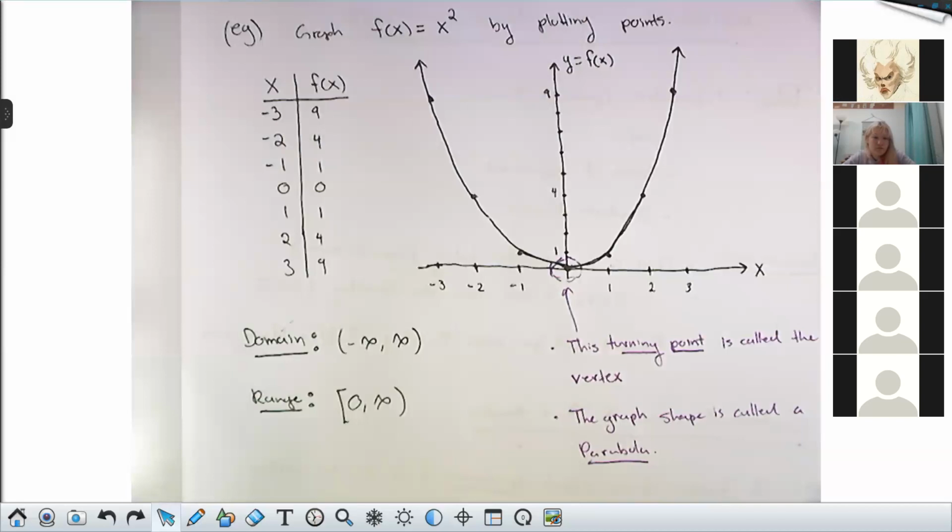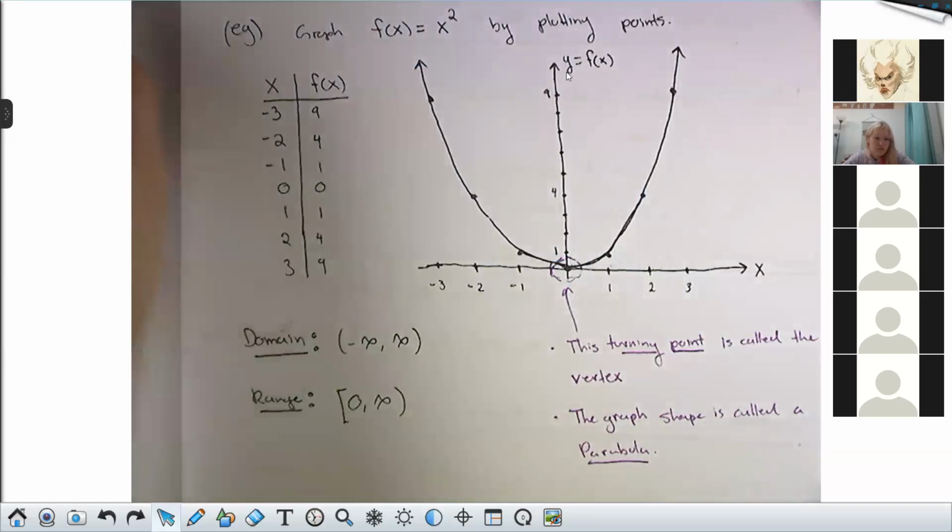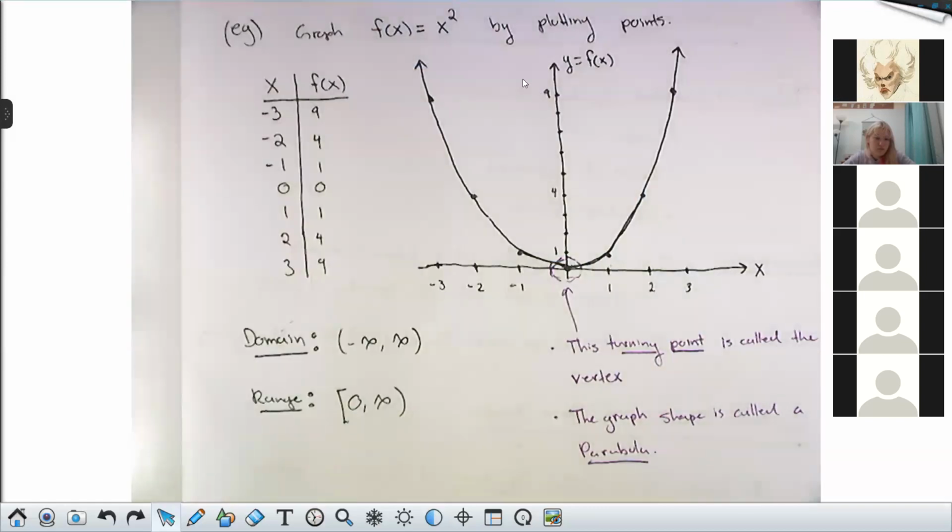Wouldn't it be nice if looking at the formula, you could tell what the vertex was? Moreover, if you know the vertex and one other point, any other point on the graph, you can tell me exactly what that parabola is, right? If I tell you the vertex is here and it also goes through this point, there's only one parabola that does that. So from the perspective of graphing, the most useful form to have the function written in is not the standard or expanded form, it's the special form that helps you read off the vertex.